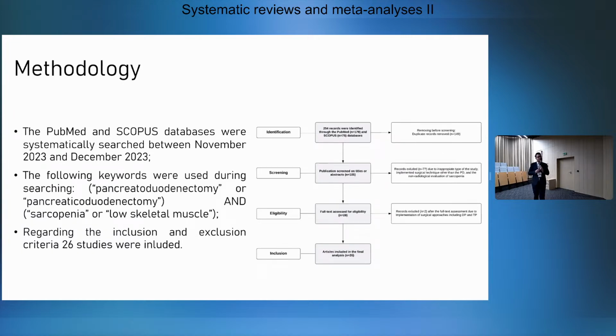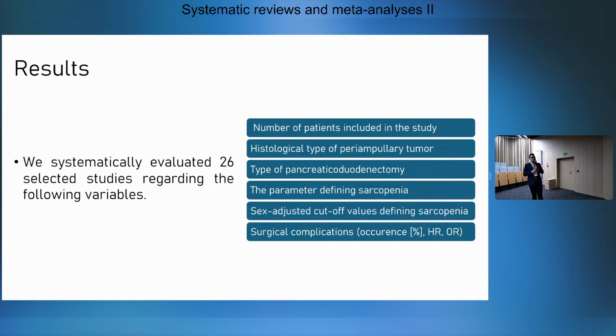Using the keywords pancreaticoduodenectomy and sarcopenia or low skeletal muscle, we initially identified 254 studies. After applying inclusion and exclusion criteria, we finally included 26 studies in the analysis. We evaluated those studies in terms of number of patients included, the histological type of the periampullary tumor, type of pancreaticoduodenectomy, the parameter defining sarcopenia, as well as sex-adjusted cutoff values defining sarcopenia, as well as surgical